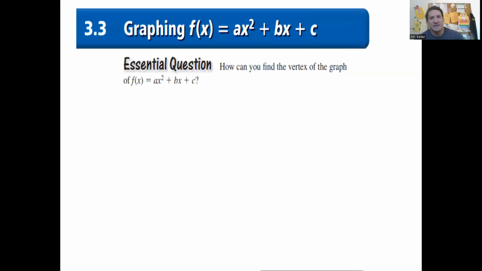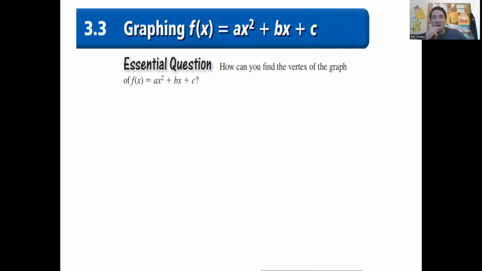Right, IM2 classes. Today we are graphing quadratics in full standard form. So we have three terms. So full polynomial here, ax squared plus bx plus c. This is the standard form. What's going to be the major difference about these is that these